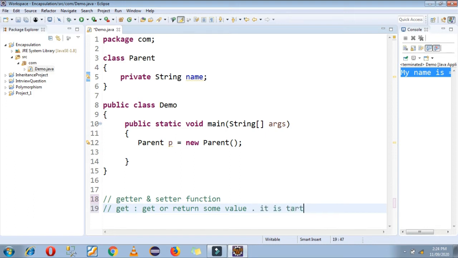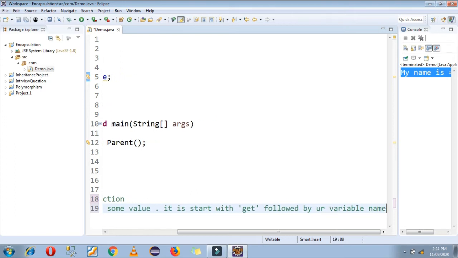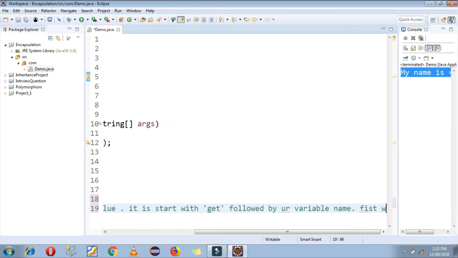It starts with the word get, followed by your variable name, and the first letter of your variable name should be capital.